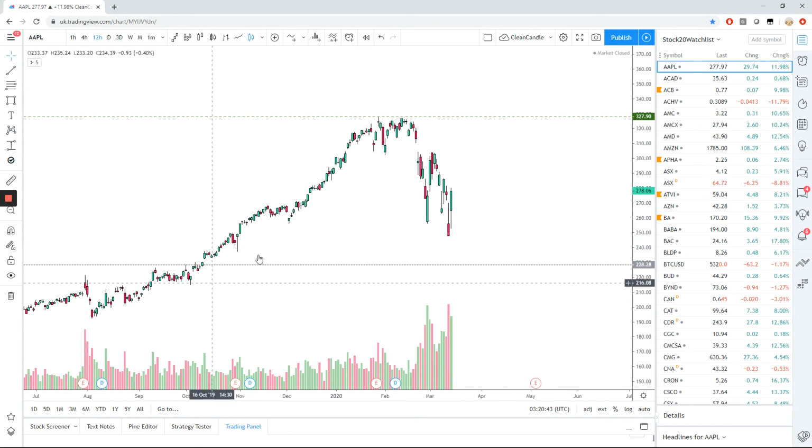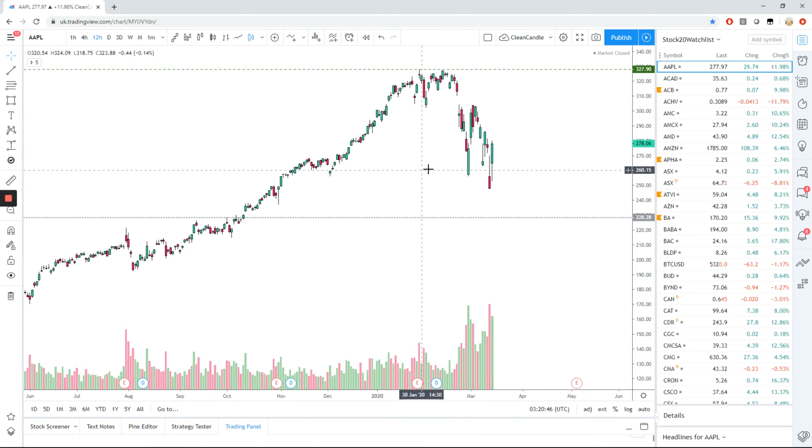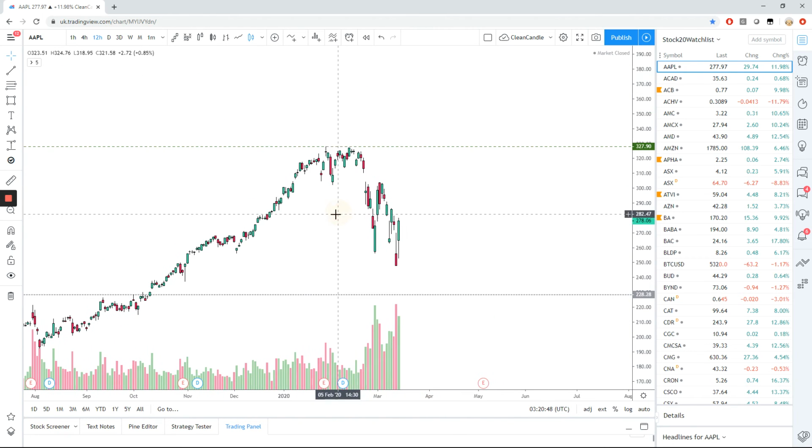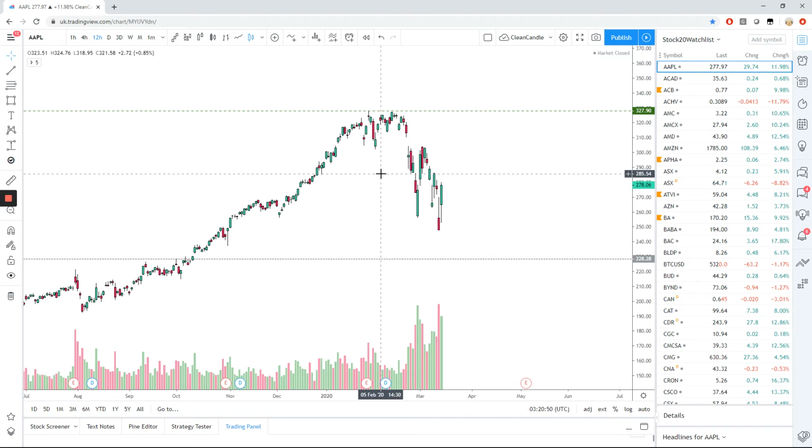US equities obviously operate on purely stock opening times, which is Wall Street opening times. So we're talking about 9 a.m. Eastern, and then everything gets shut up at 4 p.m. Eastern. So you get around 7 hours of trading a day on stocks.